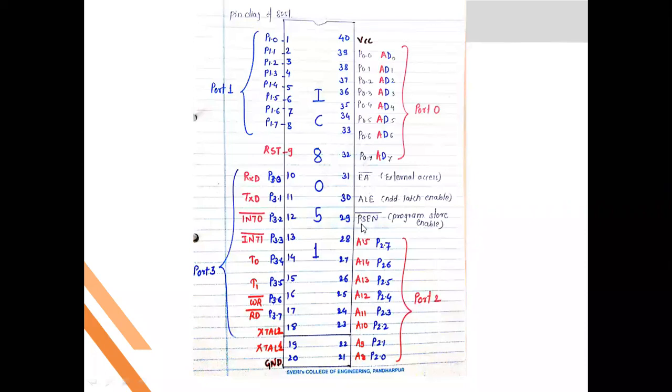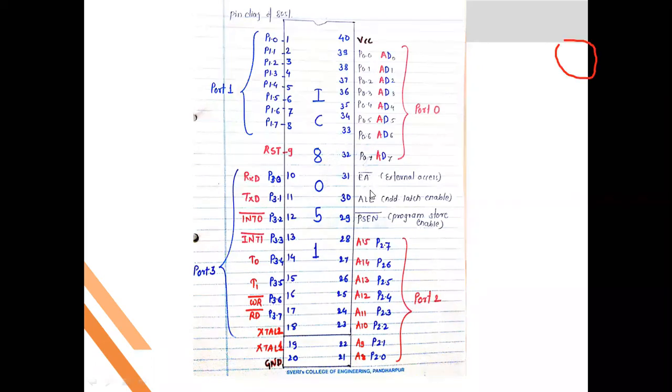these two pins. When the microprocessor relates to external memory, in that case EA bar and PSEN bar have to be activated. Now you tell me, if I want to activate EA bar, which is active low, which data do I have to give, 0 or 1, as it is active low? 0. Okay, very good.